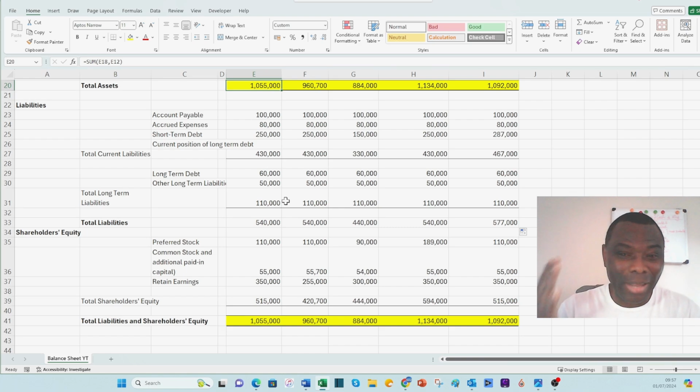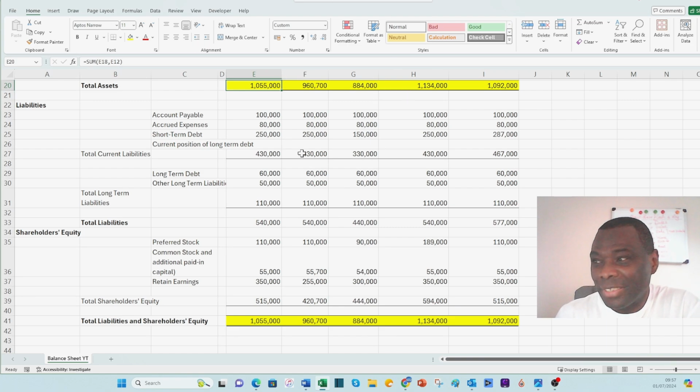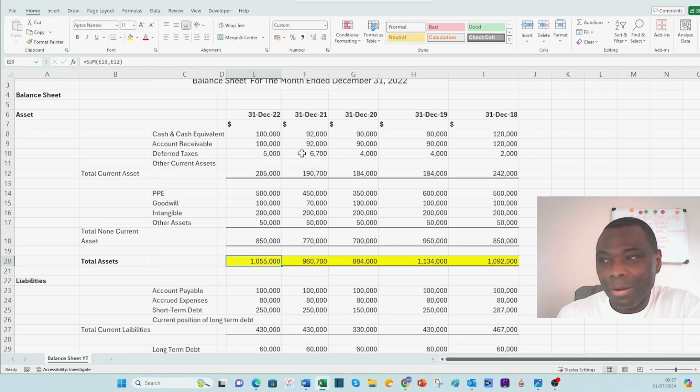Your asset and your liability must balance as well. Okay, so let's look at this company in more detail. Now, as a CFO or as a finance controller or as a finance director, once you pick up your balance sheet,